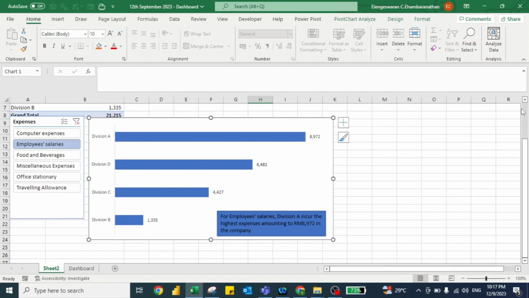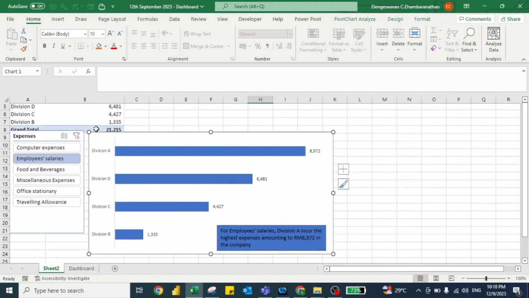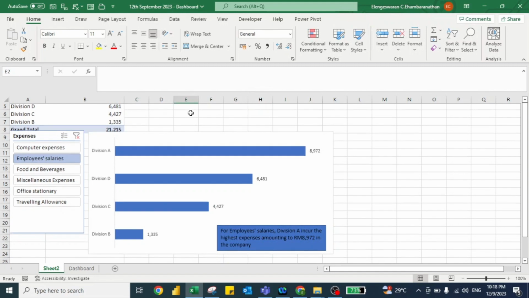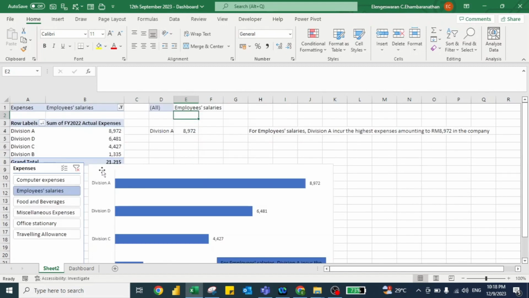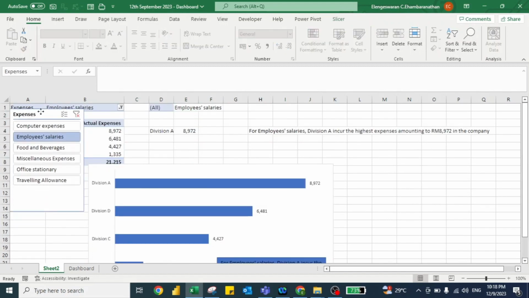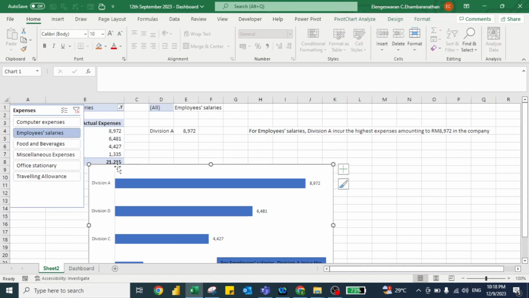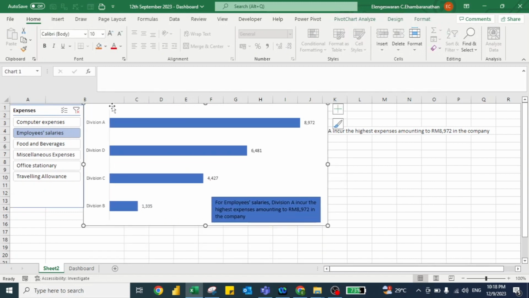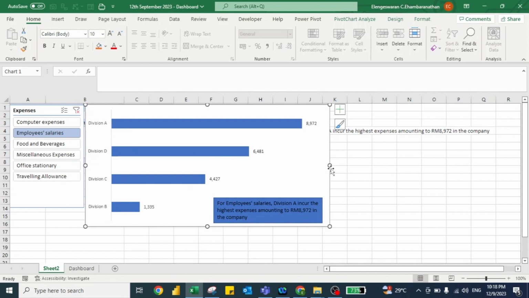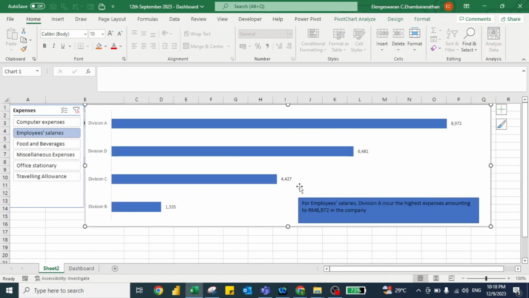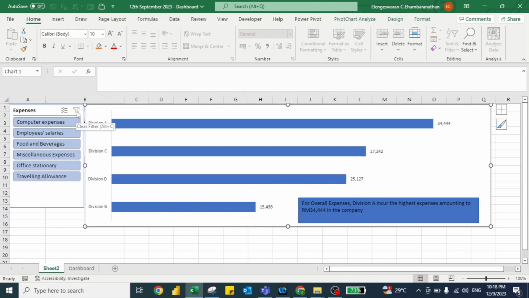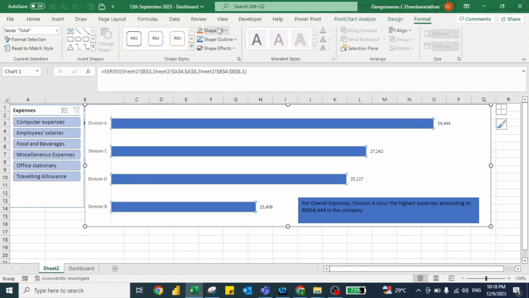Let me do it in a very beautiful way so that your data looks nice. Let me put it up. Just go up, and I want to put my slicer at the top and my chart at the top. It looks nice, and I want to make it bigger so it hides all this. Now if I clear all filters, the moment I clear the filter, it shows that for overall expenses, division A has the highest. Perhaps I'll just tidy this up. I will choose Format, do some cosmetic changes,